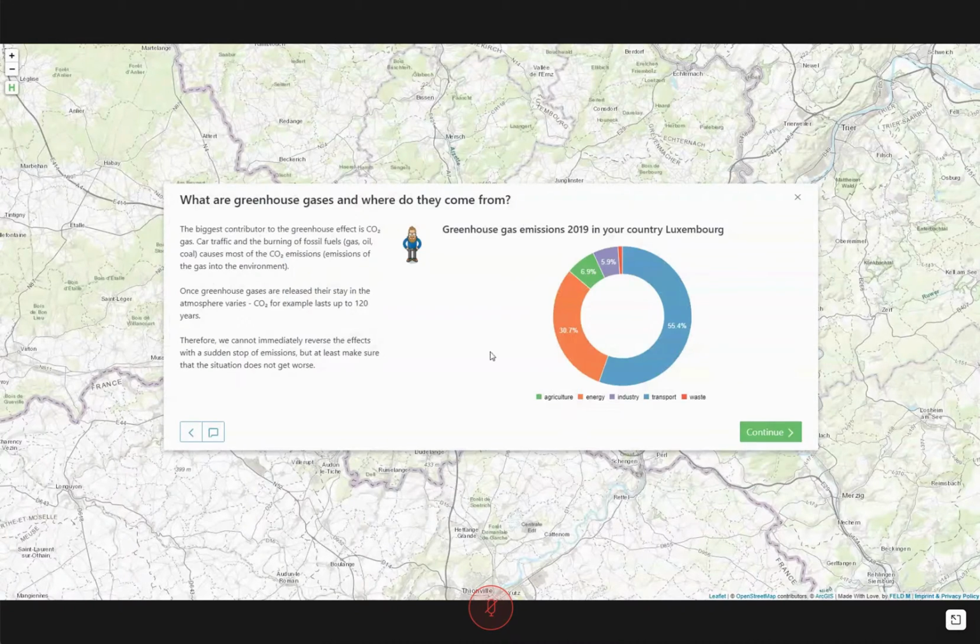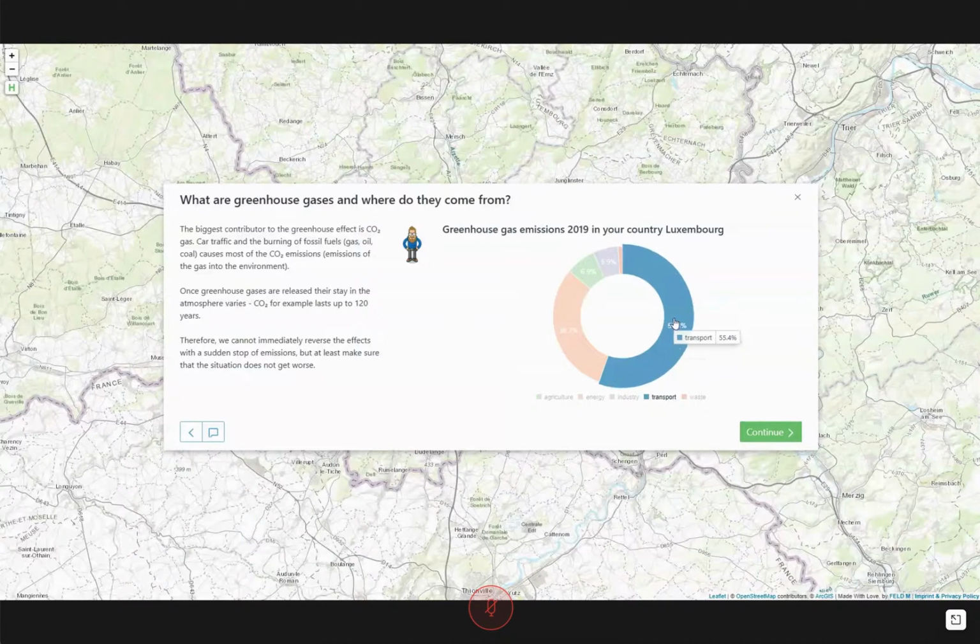Okay, so here's the first analysis, which takes the example of Luxembourg, because we selected Luxembourg as the place we live in, and tells us how greenhouse gas emissions in 2019 are distributed across different sectors in Luxembourg.